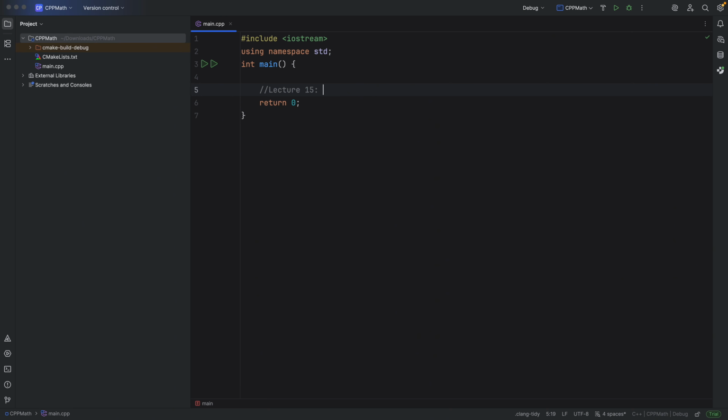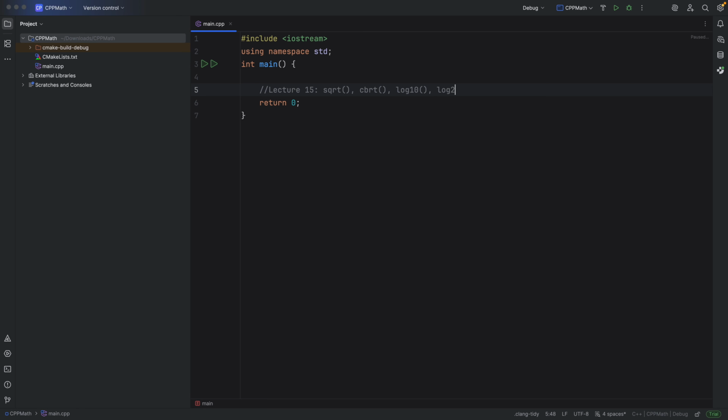And in this lecture we discussed C++ mathematical functions. If you want to use mathematics functions like sqrt, which calculates the square root of a number, and also cbrt, which calculates the cube root of a number, or log10 of a number, or log2 of